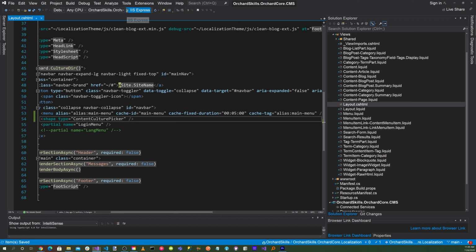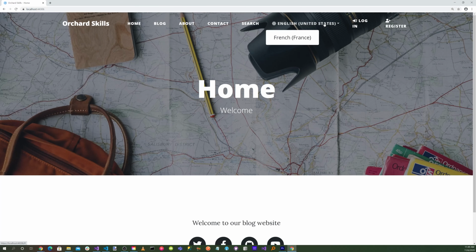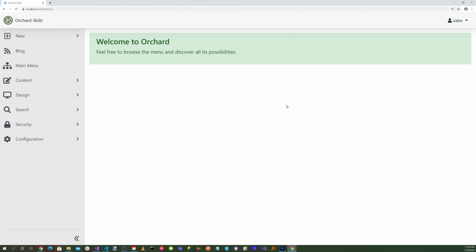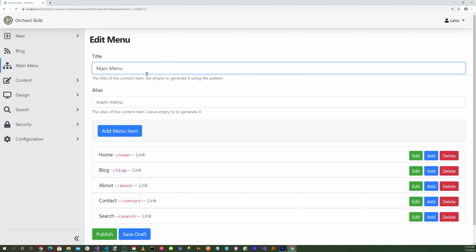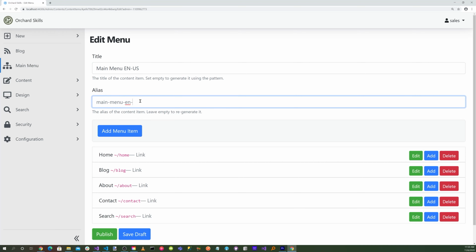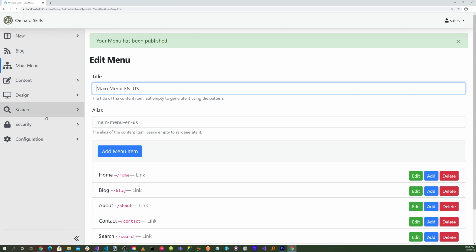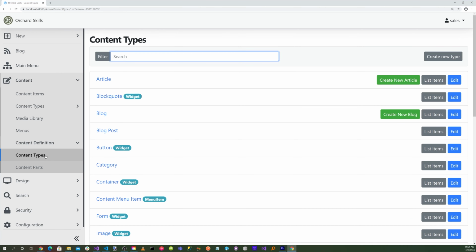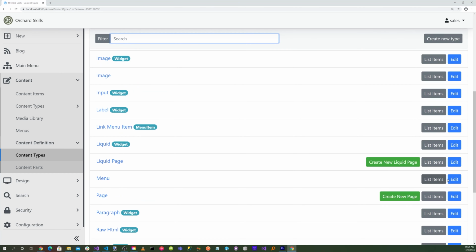Let's go ahead and run. And so now you notice here we have an English or French. So now let's go ahead and log in. And let's head to the dashboard. Now let's go to our menu, and let's name this main menu to en-US. Publish that. Now let's go into our content definition, content types, and let's go to edit the menu type,